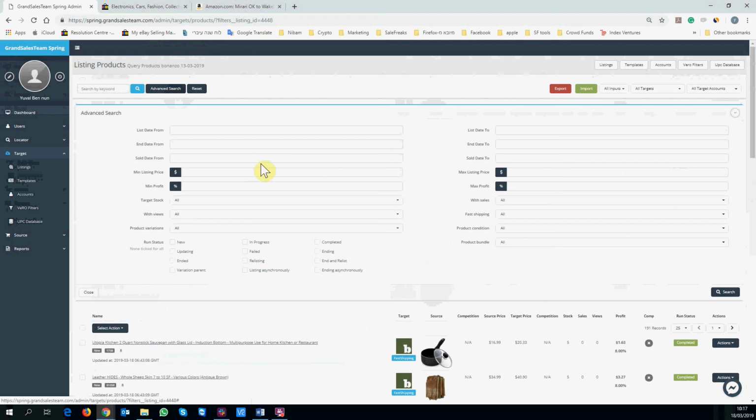You can now filter it if you want to find a specific item or you want to end specific items. You can filter it by listing dates. Or if you're looking for an ended item, you can look for ended date. You can look for items that were sold through different dates or didn't sell with a different price. There are a lot of parameters here, with sales, without sales, fast shipping or not fast shipping. Fast shipping relates to Amazon Prime that usually ship within 24 hours. Product condition, product bundle. Are you familiar